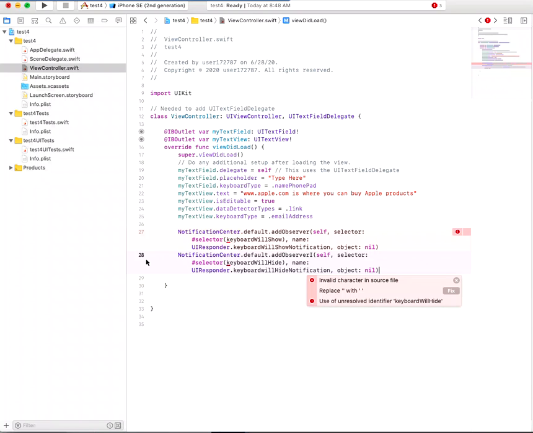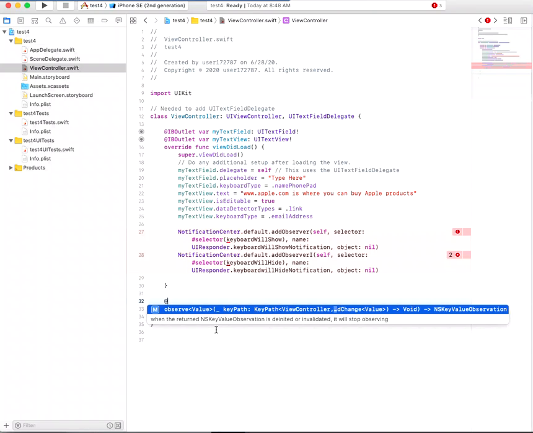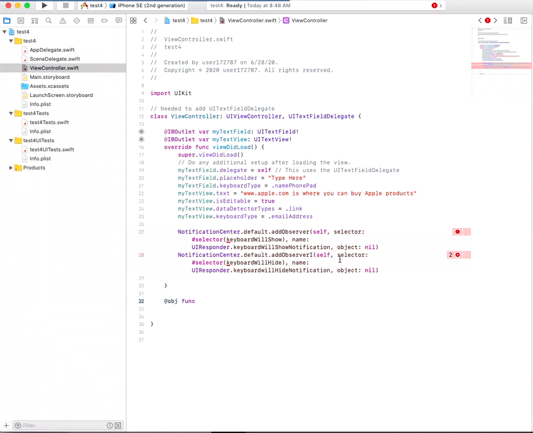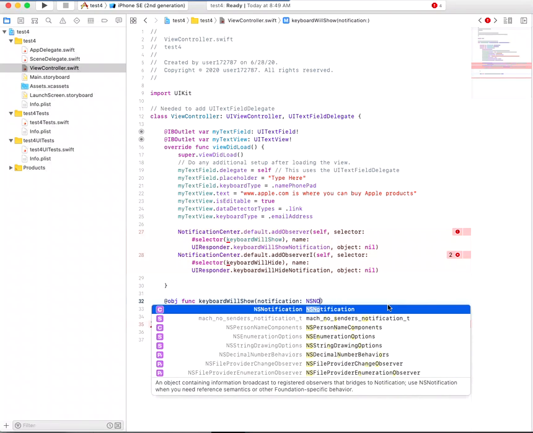So now I'll begin writing the keyboard will show function that is being used here. After that second curly bracket that closes this whole statement, I can do @objc func, and just a reminder that once I create these functions, these errors will disappear. So keyboardWillShow, open parenthesis, notification: NSNotification